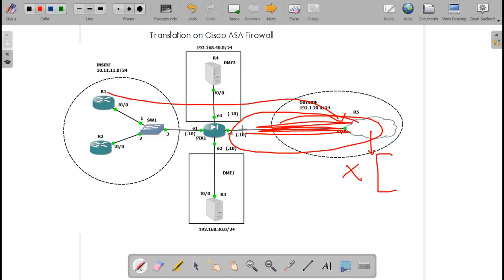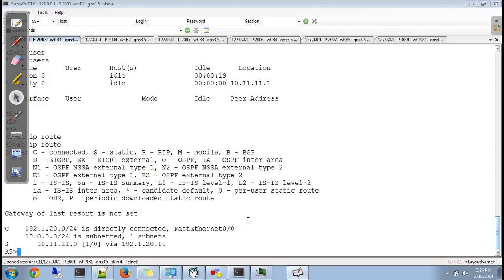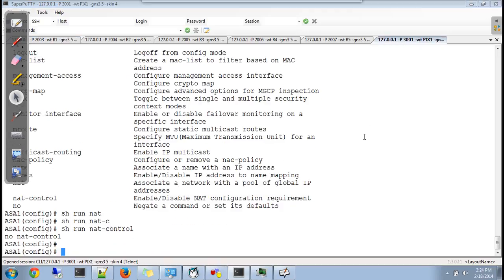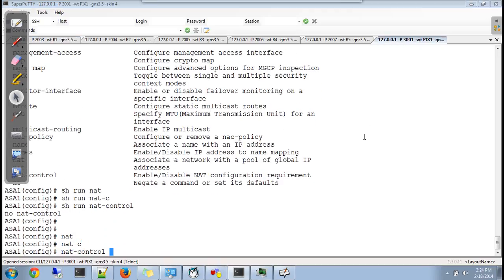So to save this, what we can do is enable the NAT control feature on the firewall. I'll go to the firewall and enable NAT control. How do you enable it? You say nat-control. One single word, but it is very critical. It can do a lot of things. It can harm you also. If you don't know this, you will keep banging your head. You will not get the reason why the packet is not going through the firewall. Okay, so NAT control feature, hit enter.